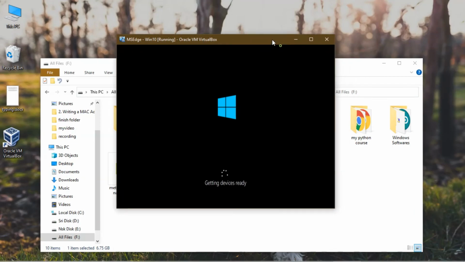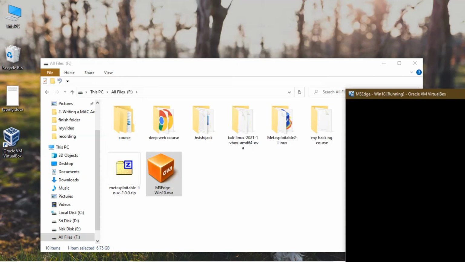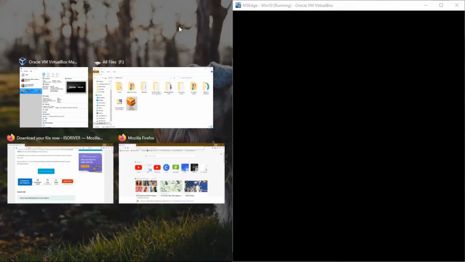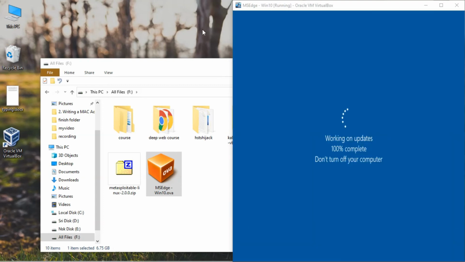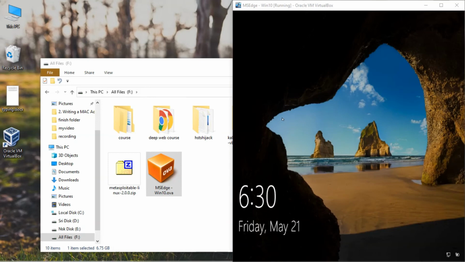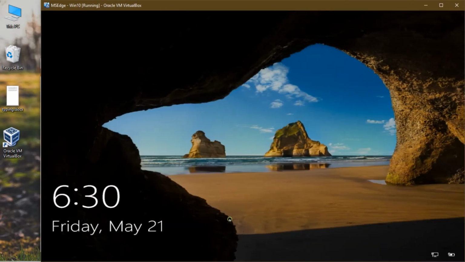I'm using this, so it will be full view of Windows 10. See, working on updates, then 100% complete. Okay, I'm pausing this video. Once it's completed, I will turn it on. Okay guys, it just takes 5 to 10 seconds. That's it. I press enter.